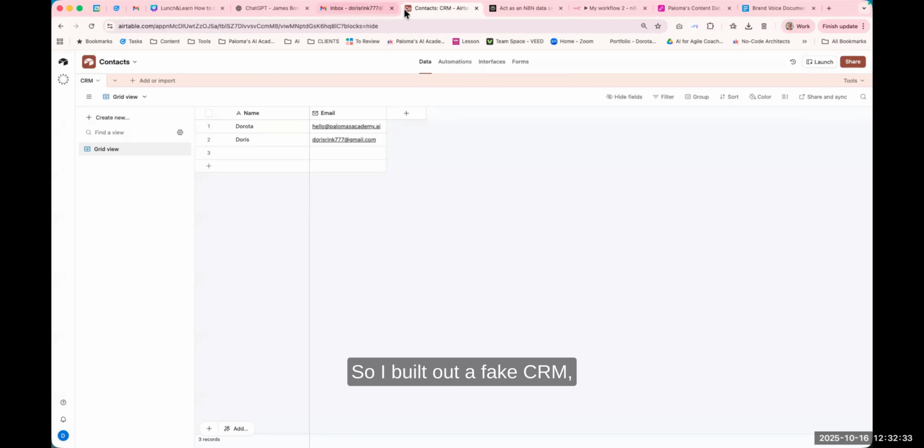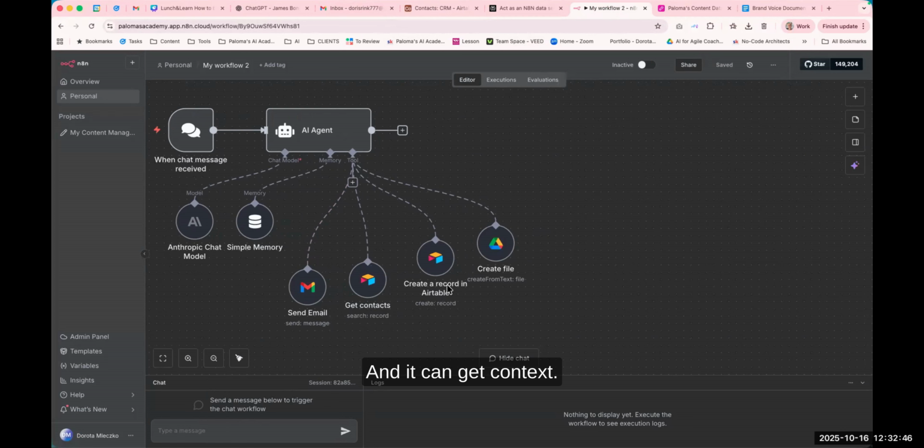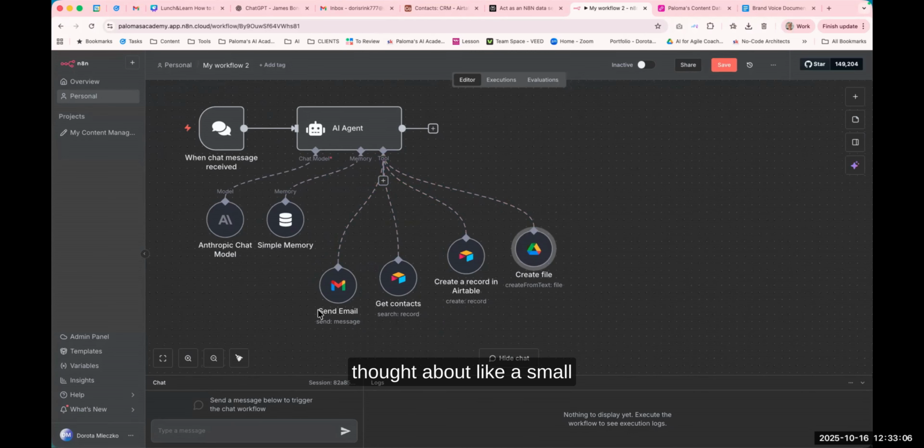So I built out a fake CRM contact list here in Airtable so that I don't use real emails. I mean, these are real emails, but they are mine, so I can use them. And it can get context. It can create a record in Airtable so that you can, for example, create content also using this agent, and it can create a file on your Google, what is it called? Google Drive. So that is what I just thought about, like a small personal assistant, and just to show you